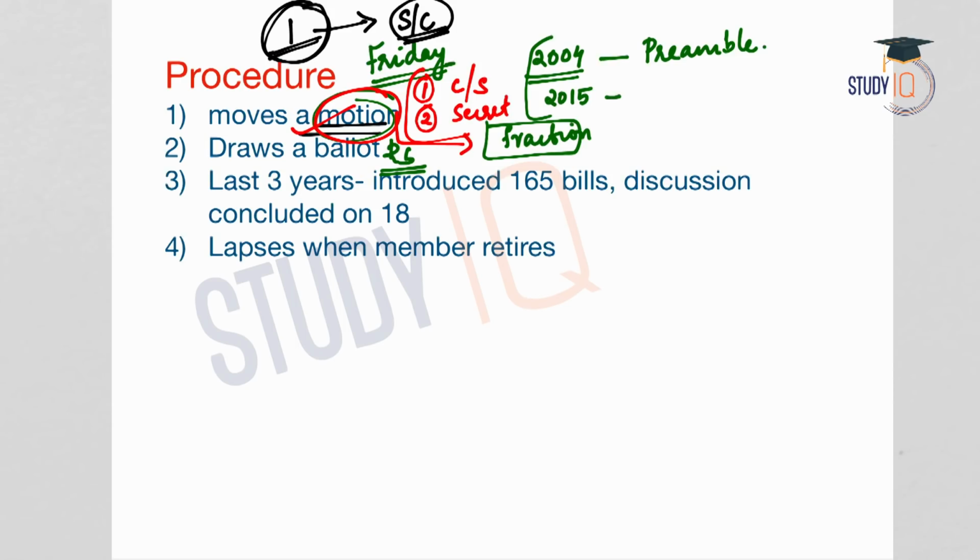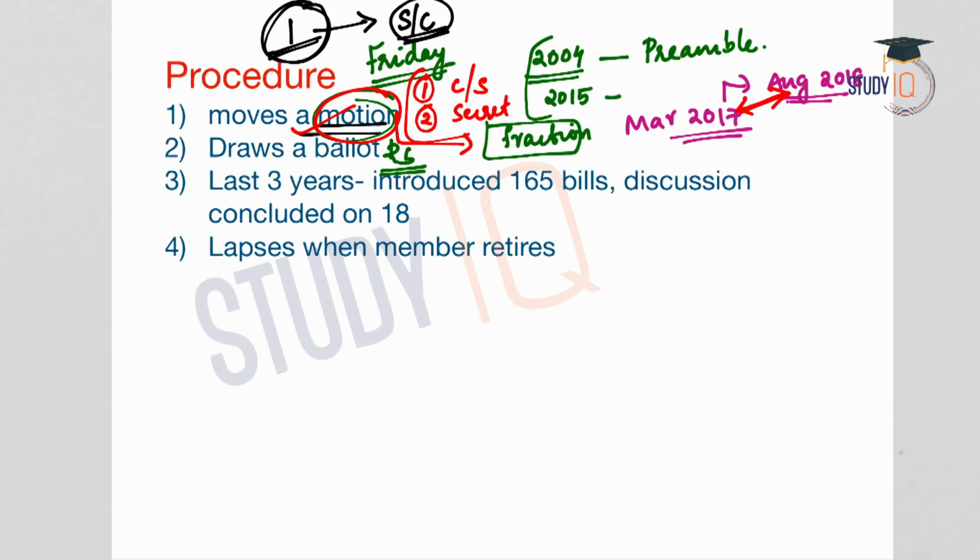And if a private member's bill gets successful in the ballot, it has to wait until the conclusion of the ongoing debate. So this can lead to pendency of the bills. For example, a bill related to the sittings of Parliament was introduced in March 2017 and this bill was taken up for discussion only in August 2018. That means the bill has to wait a long time to be introduced and to be discussed in the Parliament.